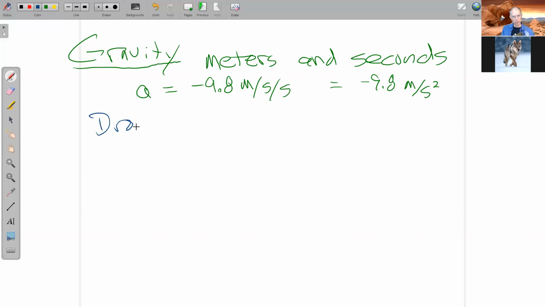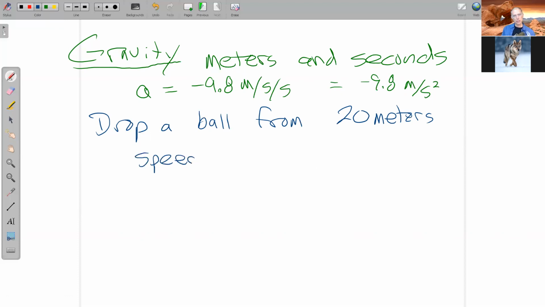So let's drop a ball from 20 meters in height. So a little over 60 feet up in the air. So like we're on a short 3-story building or a tall 2-story building. No, you get that right? That'd probably be like a 4 or 5-story building, wouldn't it? Yeah. All right. And what I want to look at here is the